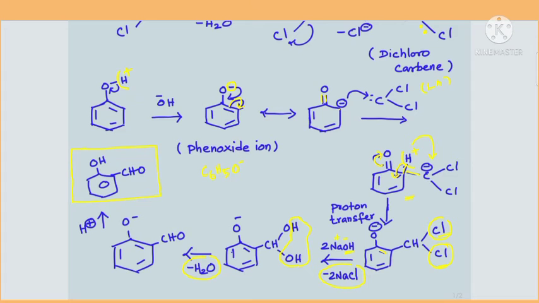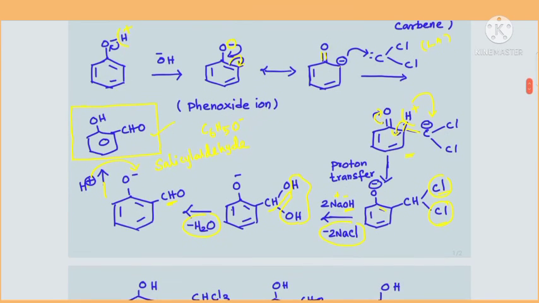Once water is removed, what is left over here is nothing but CHO. Now here you have CHO group, isn't it? So this is the product you get after removal of water from this gem diol type of product. Then finally this compound undergoes acidification, addition of H plus, isn't it? The H plus ion is getting added over the O minus, so that it becomes OH. So this is the final product we are getting, which is nothing but salicylaldehyde, isn't it? So this is the mechanism of Reimer-Tiemann reaction. Very simple and very important mechanism which comes under name reaction type.